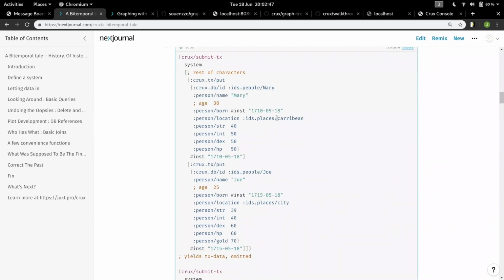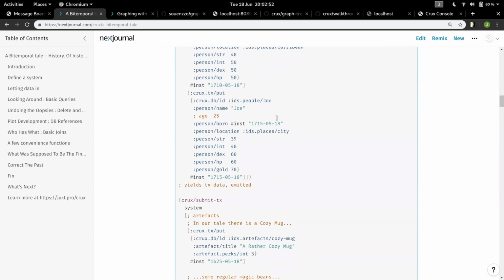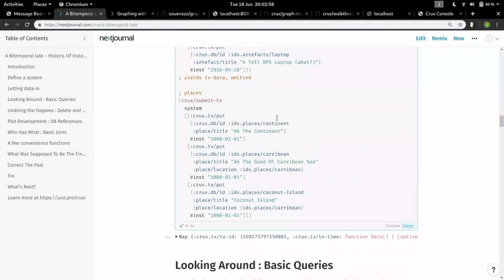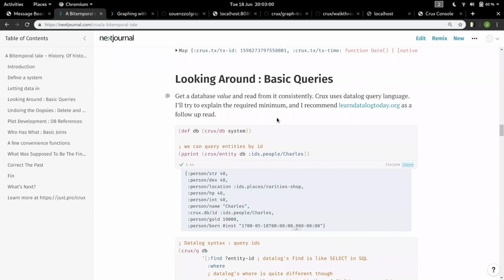We're elaborating a story, and over the course of this NextJournal entry, this notebook, we're elaborating on what happens and when it happens. So it's quite a good way of getting you thinking about the problem space without it being all about finance or something like that, which is nice.